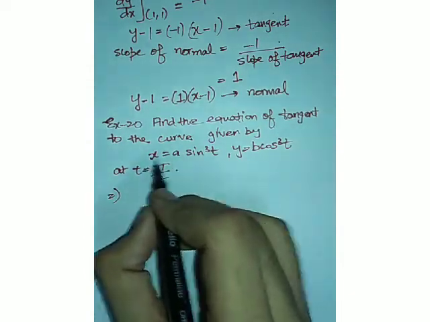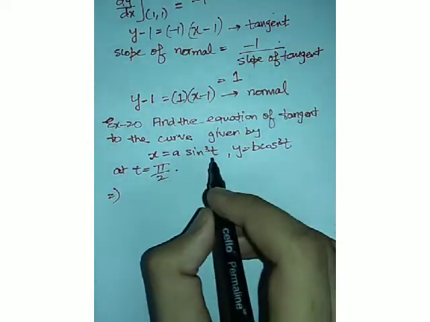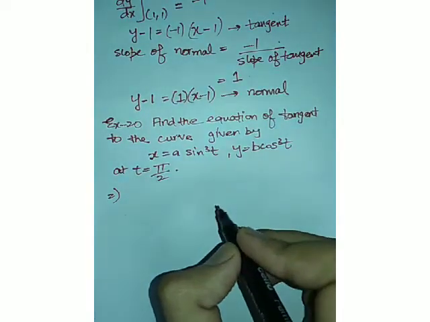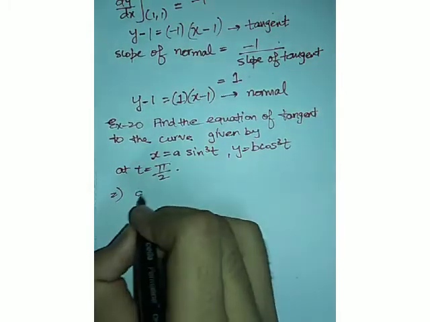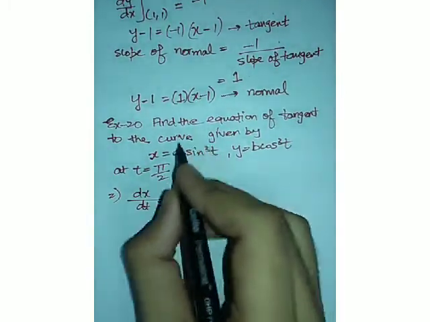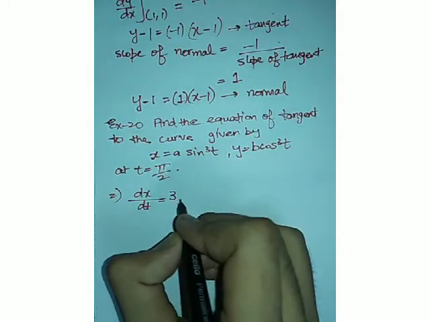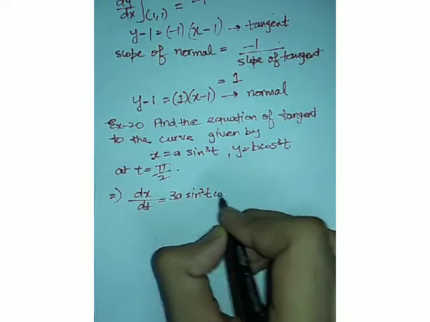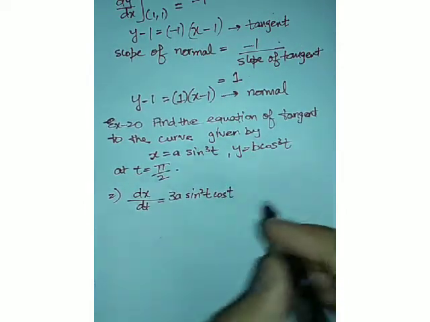All right. So firstly we have to find dy upon dx. So dy upon dx will be equal to dy upon dt divided by dx upon dt. Firstly we will find dx upon dt. What will you get? Sine cube t, so 3 sine square t. You will get 3a sine square t, and sine t will again be differentiated, you will get cos t. 3a sine square t cos t.